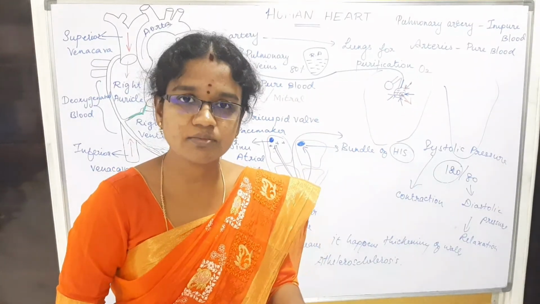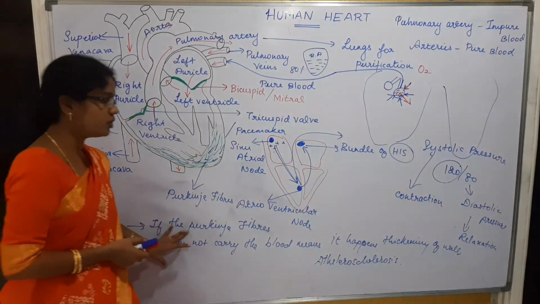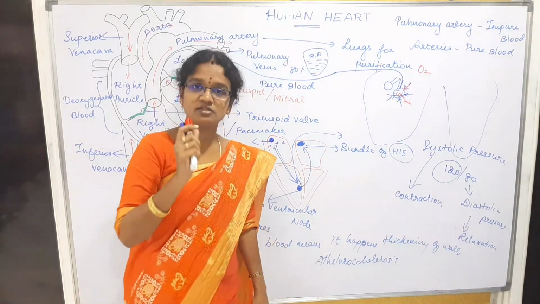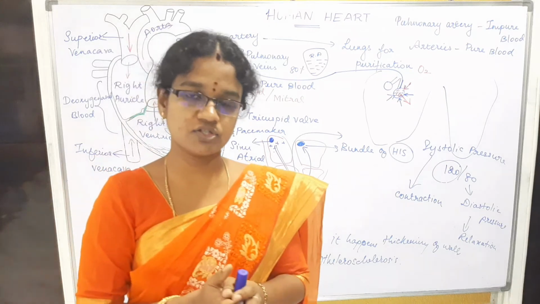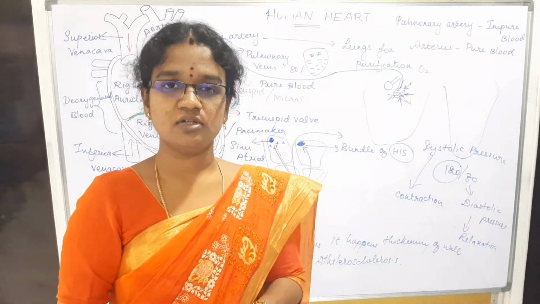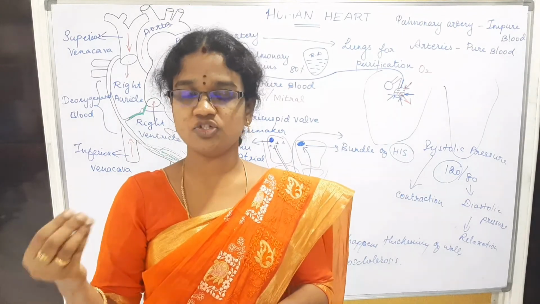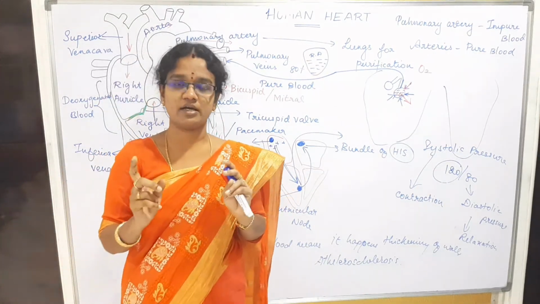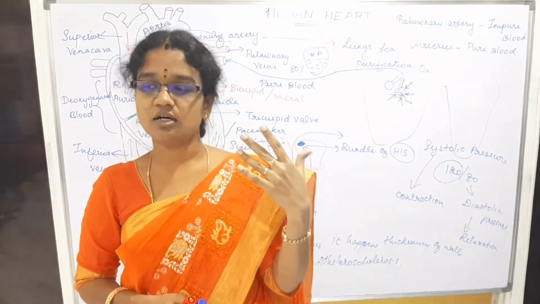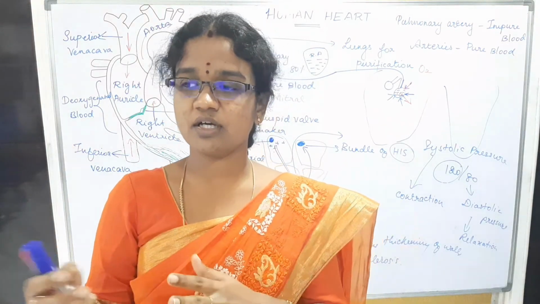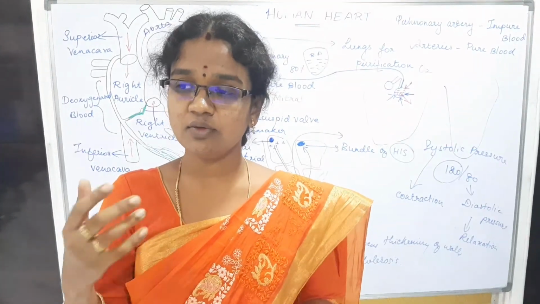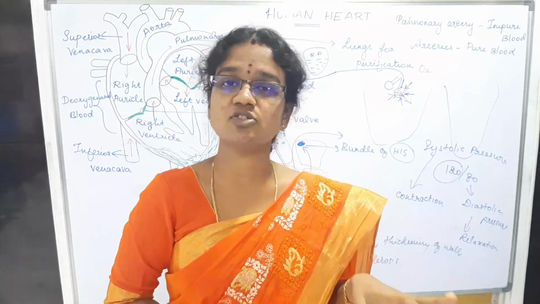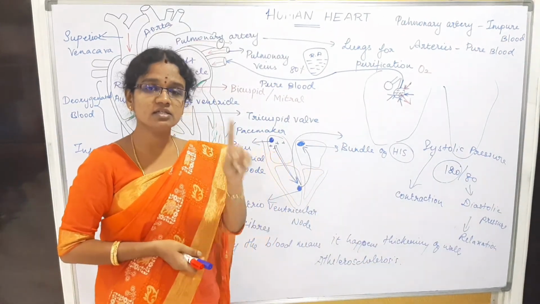Whereas cardiac arrest happens when the thickening of the walls occurs, the disease called atherosclerosis. This atherosclerosis causes cardiac arrest. This means in the first cardiac arrest itself, the patient dies. Right? You now know the difference between a heart attack and a cardiac arrest. In a heart attack, the patient may survive 2 or 3 attacks. But in cardiac arrest, that is not possible, because he would die in the first attack itself.